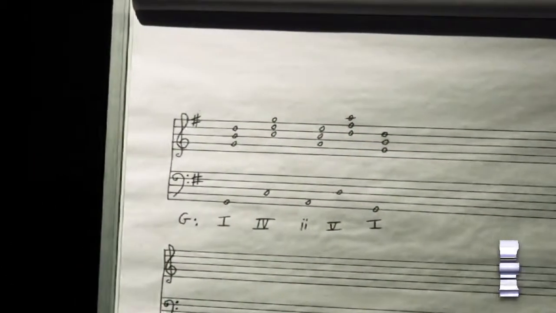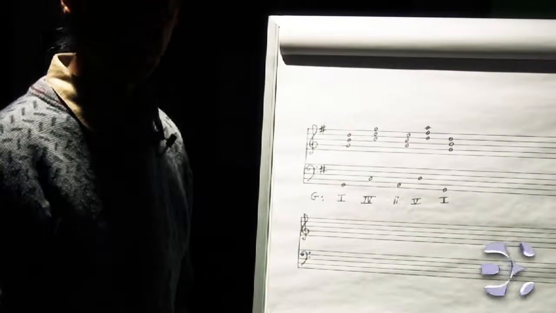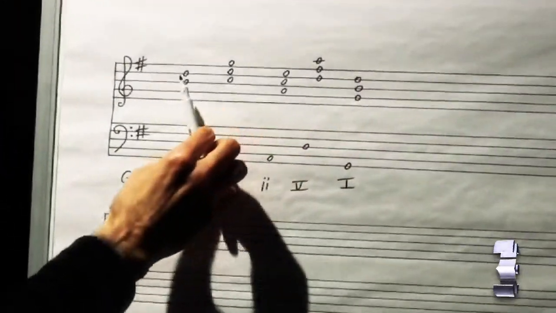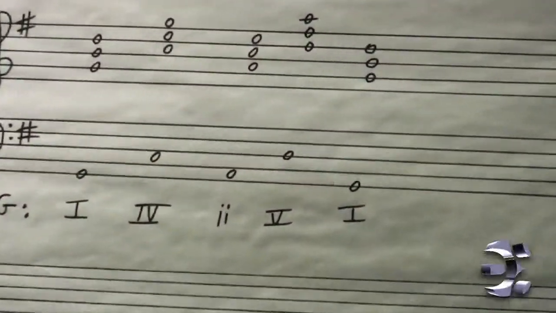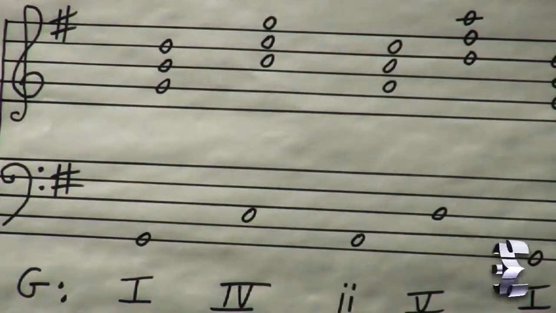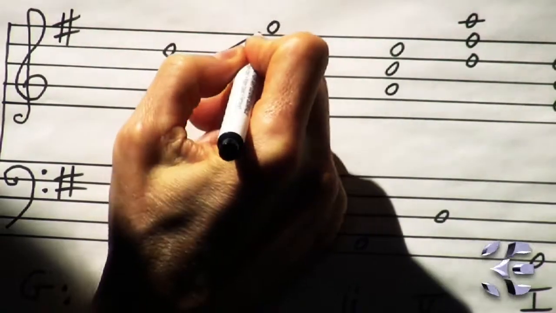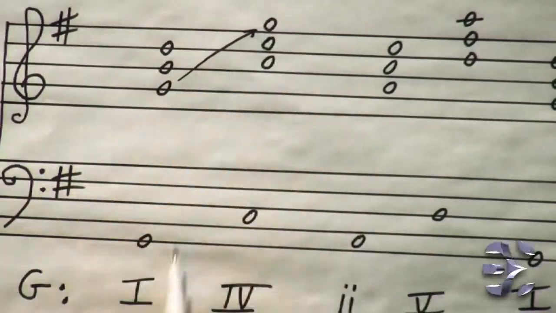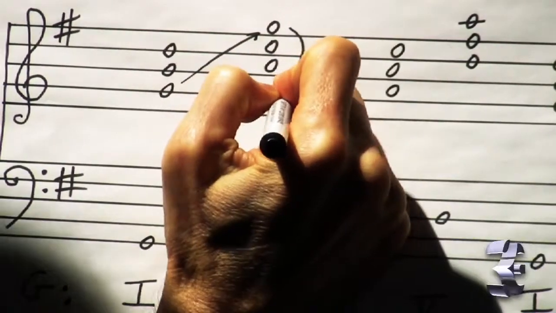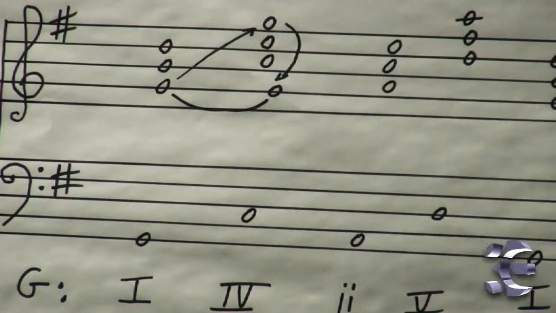Okay, so here are the 5 triads that we're working with. And the first step on this is to look at these, and I'm just going to be, for right now, working with the 3 parts that are on the treble clef staff here. Look at these going from chord to chord to see if there are any notes in common. So we can see that there's a note in common there, G, between the 1 and the 4. I'm going to actually bring that down so that we can work with it and then tied across like that, okay? So then we have a G from